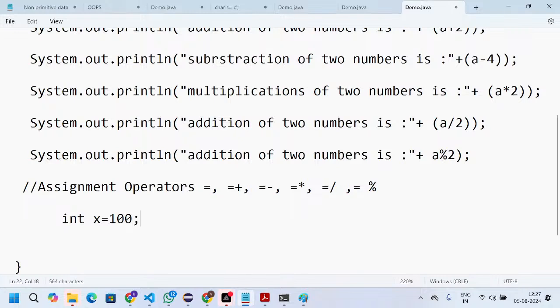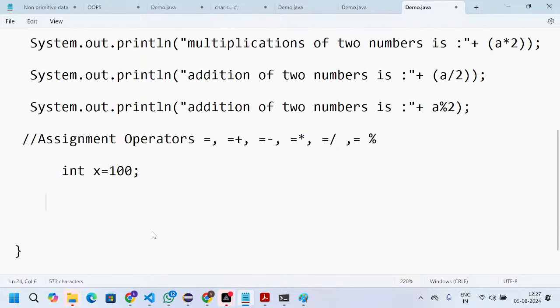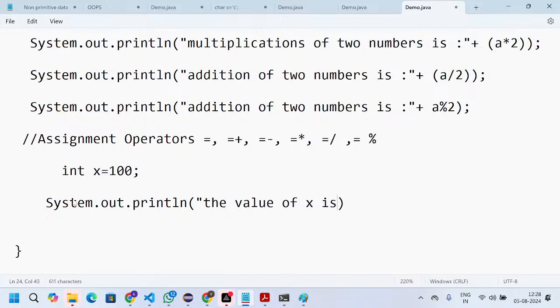Now if I print like this, System.out.println, the value of x is, I need to do the concatenation with x. So in this case, I will get the same value, which is 100, right?